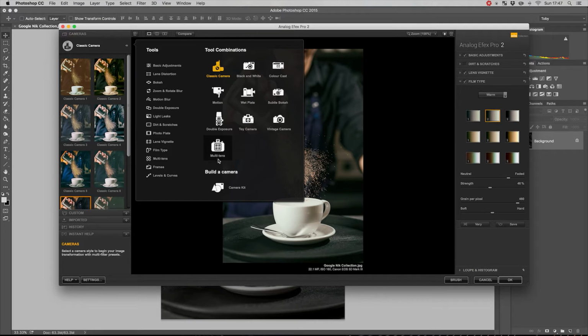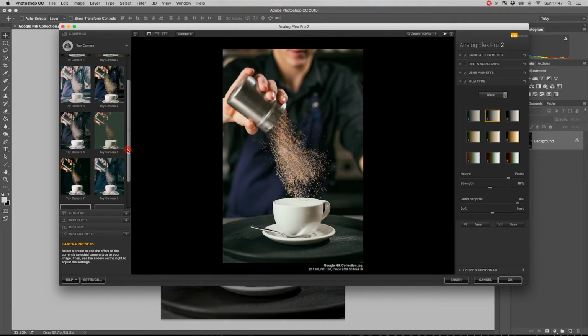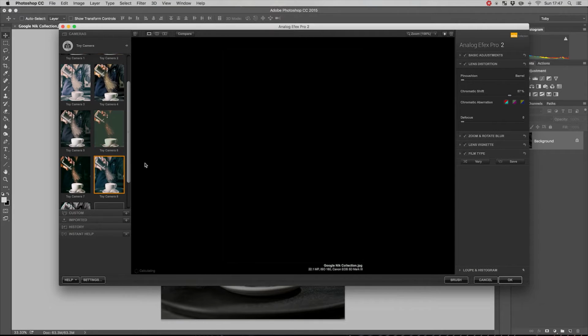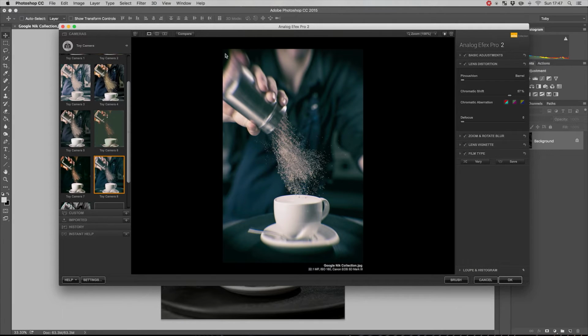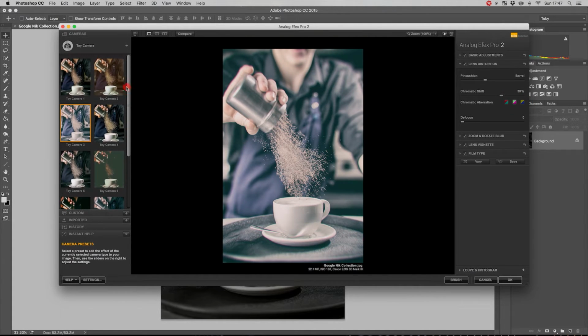And if you look at all of these icons, you can think of these as groups of presets. So if we go to, let's say, the toy camera presets, these are going to be a series of presets designed to mimic that toy camera look. So you've got all of your dodgy focus planes, and it's added some color fringing in there, and there's loads and loads of cool ways of doing this. So this one, you've got a load of purple fringing around there. You can change all your fringing options to different colors, make it stand out more or less. Really powerful, really good way of getting that